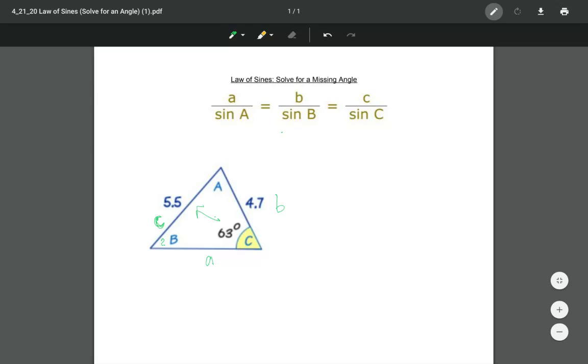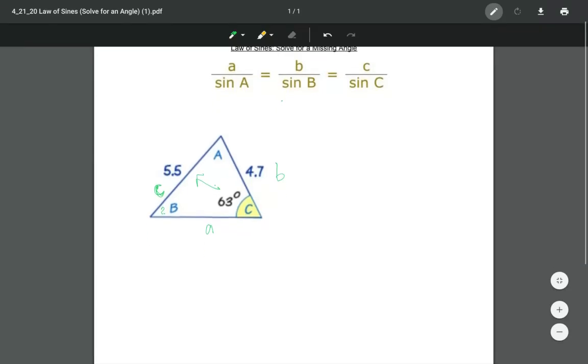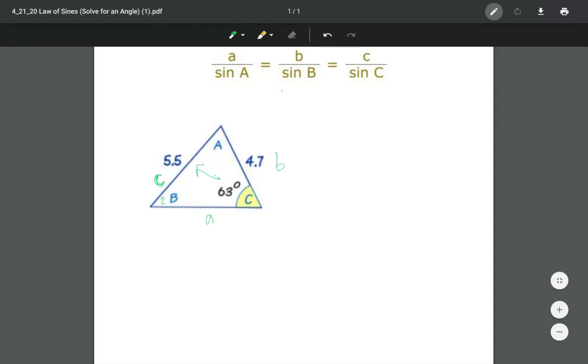So we have two side lengths given. We have sides b and c, and we don't have side a, but we also look at our angles. We've got one angle given, but not two. So we can use our law of sines to track what we know. Side a over sine of angle A, we don't know anything for A's right now. Let's look at B's. Side length b was 4.7 over the sine of angle B, which is what we're trying to find,